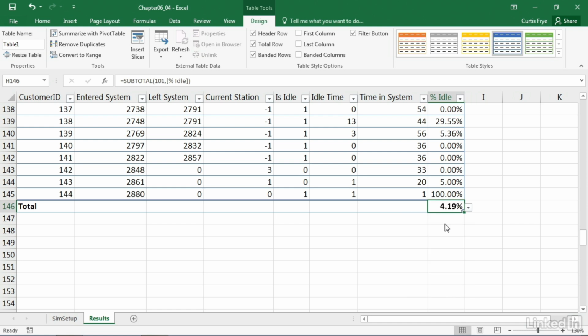And I see that on average, customers spent 4.19% of the time they were in the system as idle. And that's not bad. It's less than 1 minute out of every 12 in their system, and that seems pretty reasonable. Now, even though Excel automatically puts a summary formula in the bottom right corner of your table when you